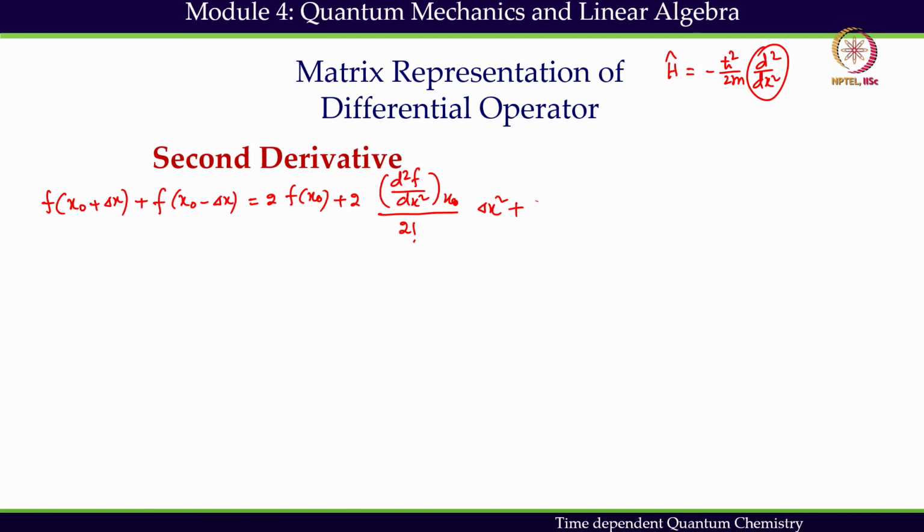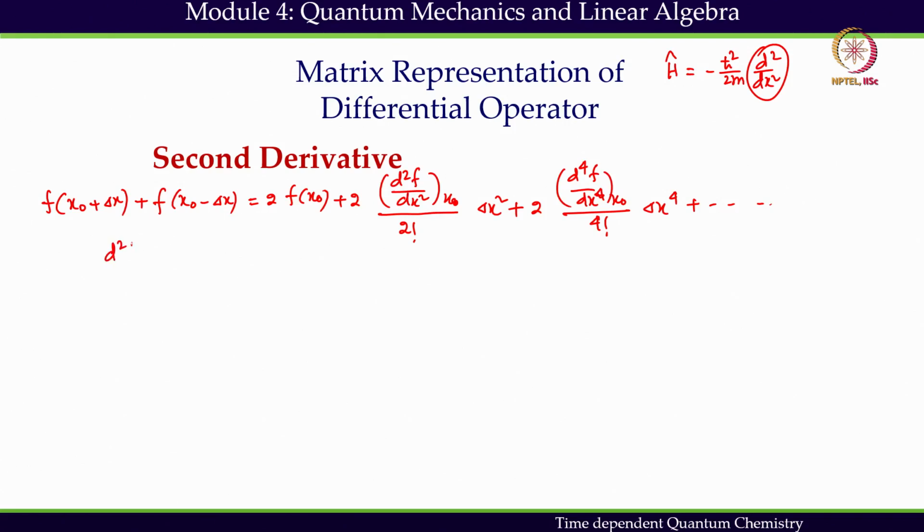plus 2 times the fourth derivative, which is taken at x naught divided by factorial 4 delta x to the power 4, like this. So, we get this expression by adding the forward and backward difference expressions, and then we will rearrange this equation a bit to find out this